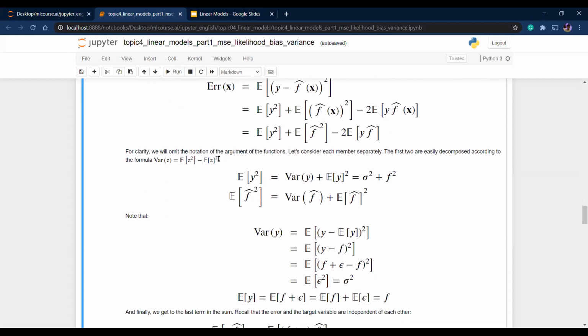Now this is not an equation, but a property. The variance of any variable is the expected value of that variable squared minus the mean squared. Okay, so the expectation of z is the mean, and if you square that and subtract, you'll get the variance of that variable z. So the same property is being applied on each of the terms in this equation. So first we look at the expectation of y squared. If you use this equation here, you get sigma squared, which is the variance, and f squared, which is the prediction without the error, and it's squared. Then if you find the expectation of this one and apply the same property, you have this one,